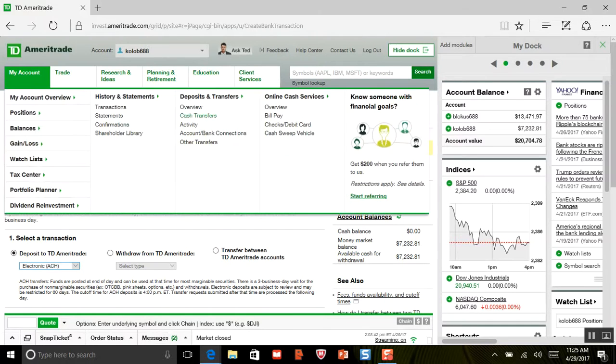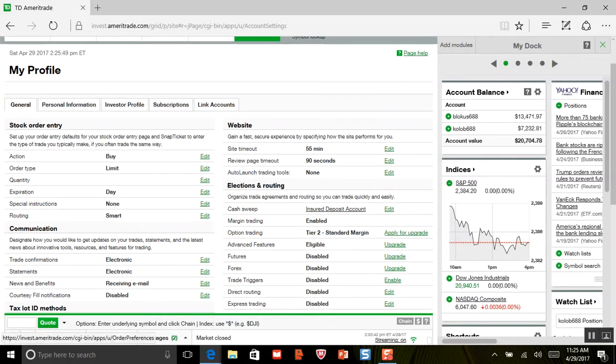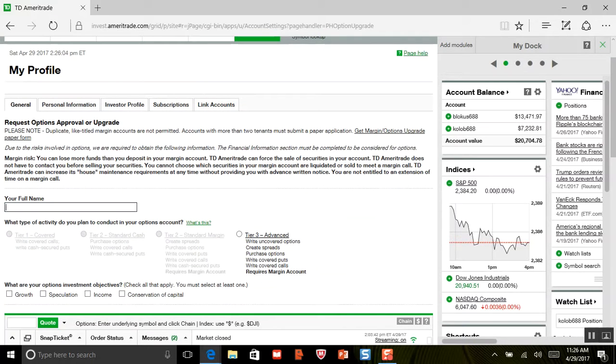Then the next thing you want to do is go to client services. You are going to apply for options trading. So you go over here to client services, and then you go to my profile and click on general. And then over here, you see option trading. And here, tier 2, that's the level I have, and you click on upgrade. There's 4 levels, so I'm going to click apply for upgrade, and here you put your full name,